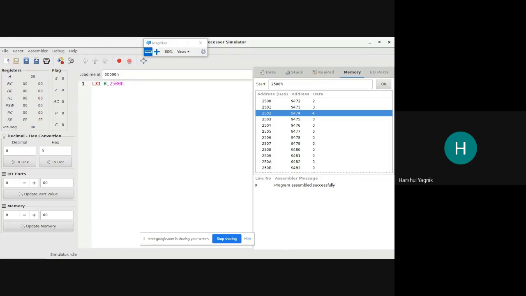Then we load register B, which will be used for storing. In BC register pair, we are putting 2600. Let me run this. When these two are executed, H has 2500 and BC has 2600.